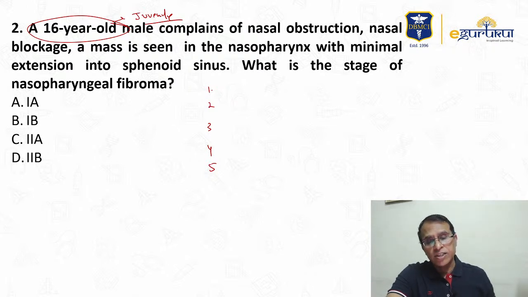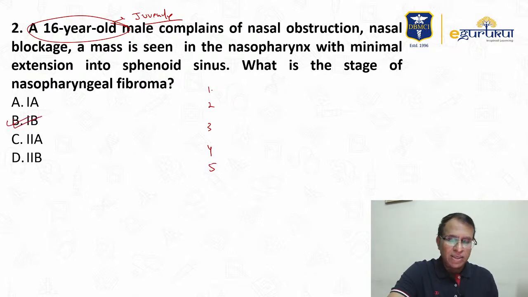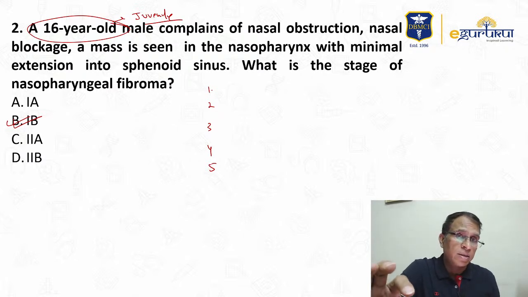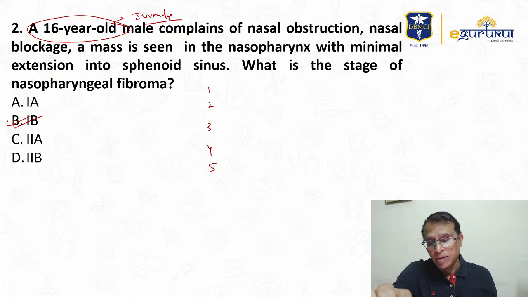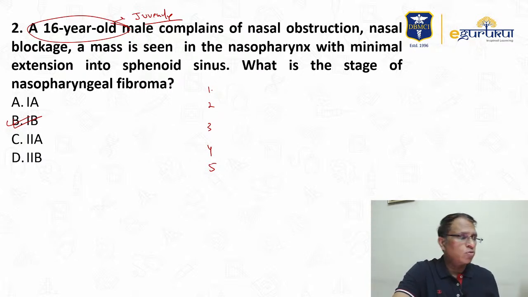In Sessions classification, when it goes to the sphenoid sinus, minimal invasive, it is 1B. It is 1B, but this is a bad question. They have to name the classification that you have to use to stage, and it's not a good question. They don't ask you very often, so just ignore this question. It was asked, I think.